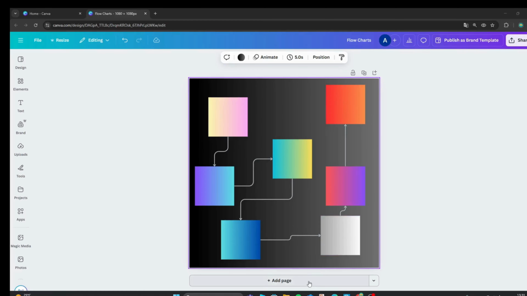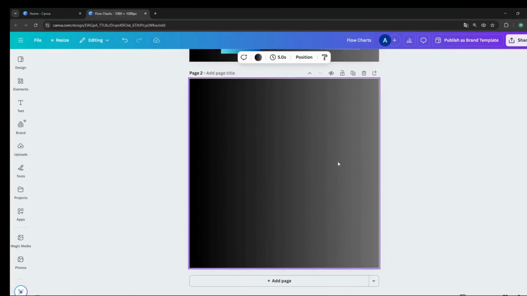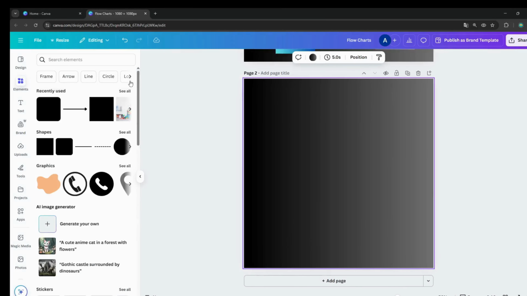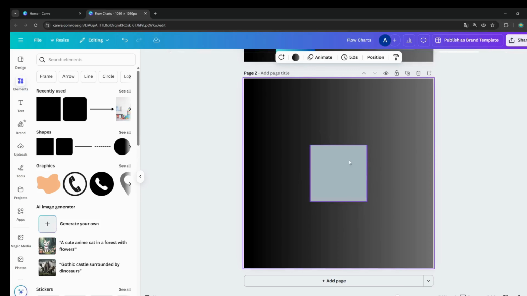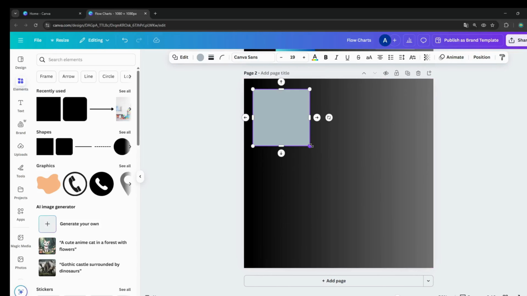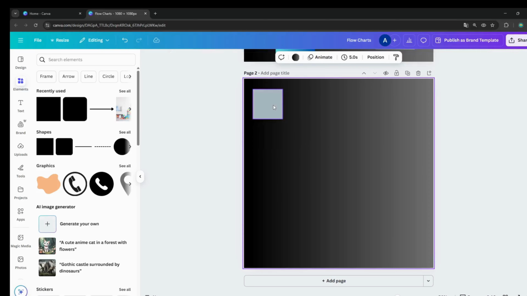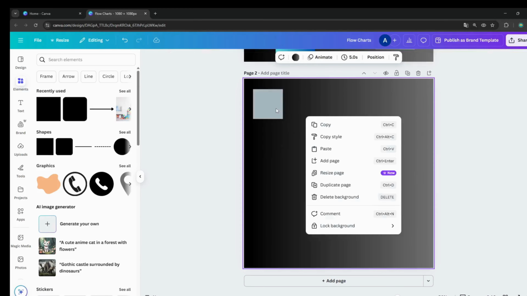So, I'm just adding a page, elements, shapes, just moving around a bit and holding Shift to change the size with the original ratio. That's important